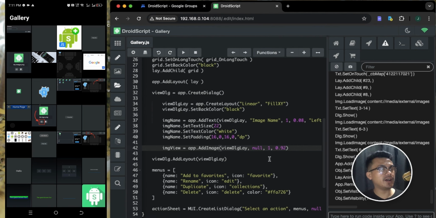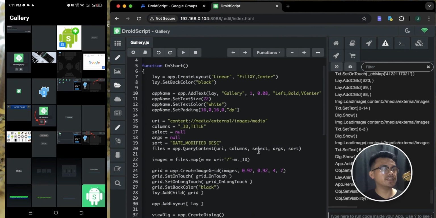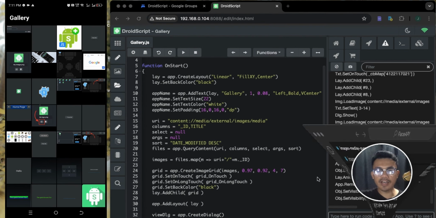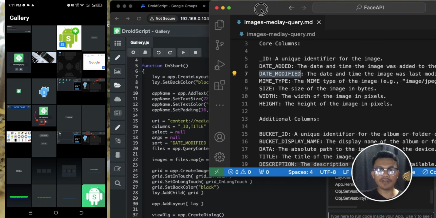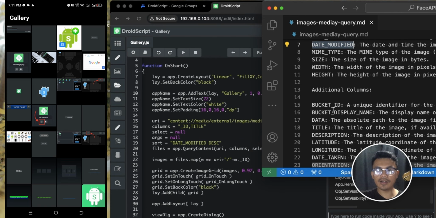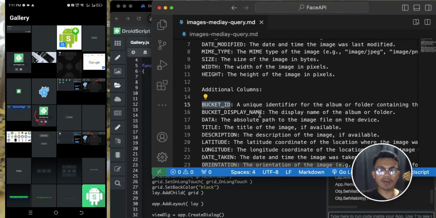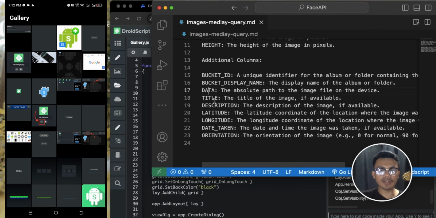In this video, we have a nice image gallery here. You can add more features to this image gallery. Maybe you can display albums. Just have a reference on the columns of the query content. We have here the albums: the bucket display name, the bucket ID, the ID of that album. You also have data, description, latitude, and longitude if the image has geolocation tagging.